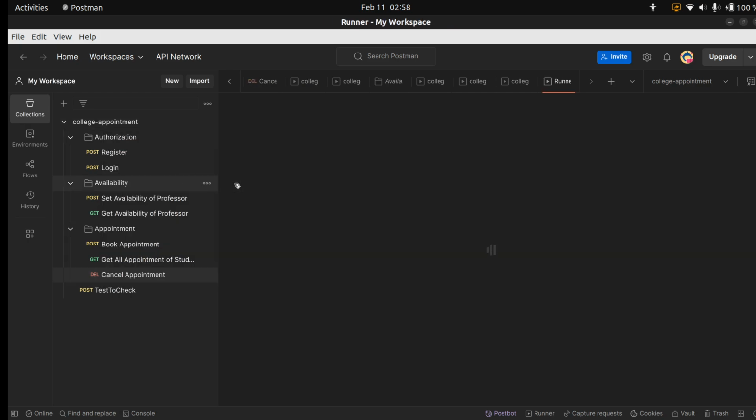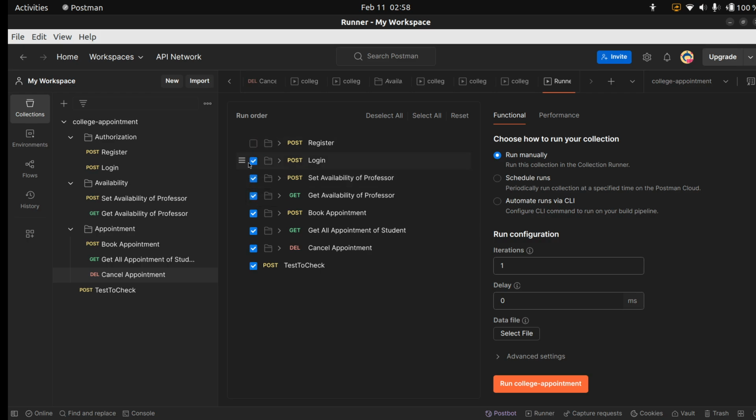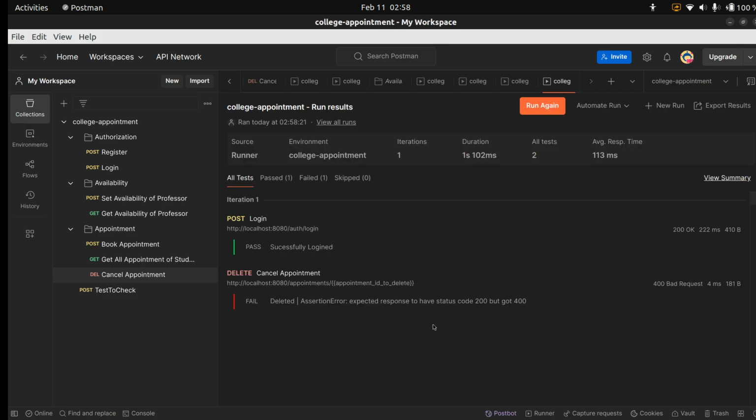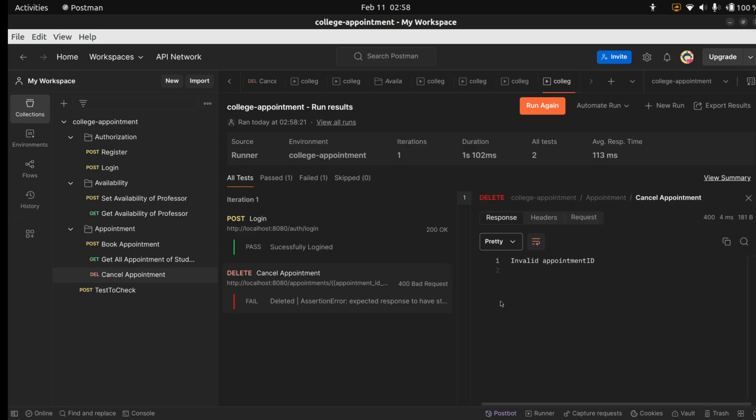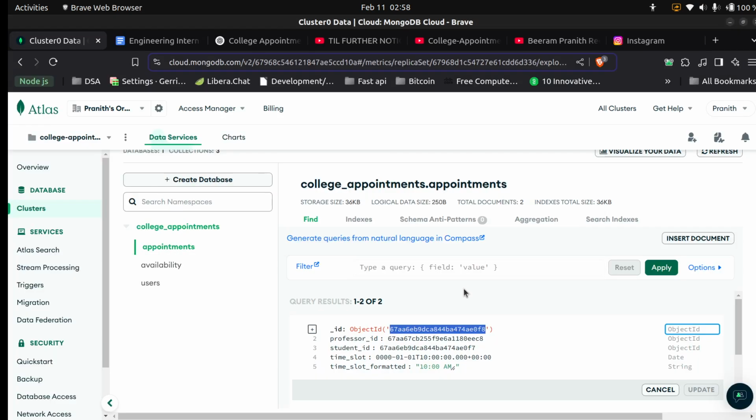Correction, let's remove this one. Login is not required, this is already set. The professor is not required, book appointment is not required. Yeah, so only we have to perform these 2 things. Let's run. Okay, check. Okay, invalid appointment ID. Okay,